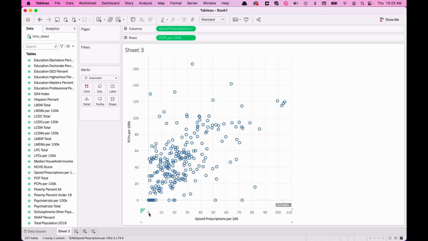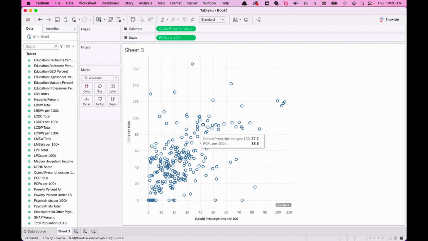And the way that we read these is as the x-axis increases, what happens to the y-axis. So as more opioids are prescribed, I see that roughly the number of primary care physicians per 100,000 people goes up. Now, something that is important to understand about scatterplots is that I typically want the variable that I think